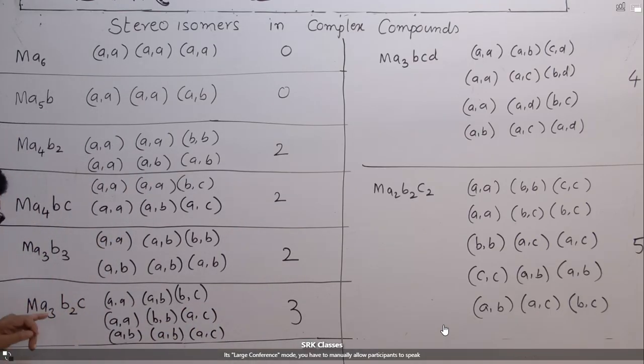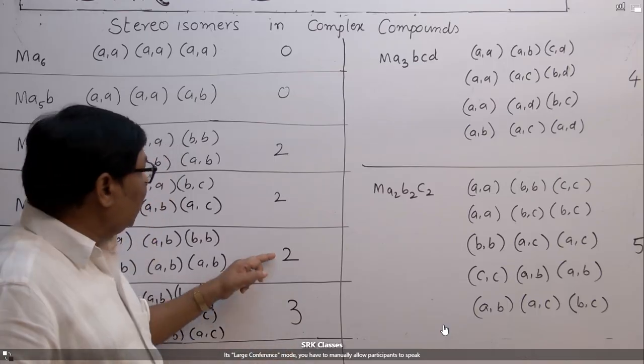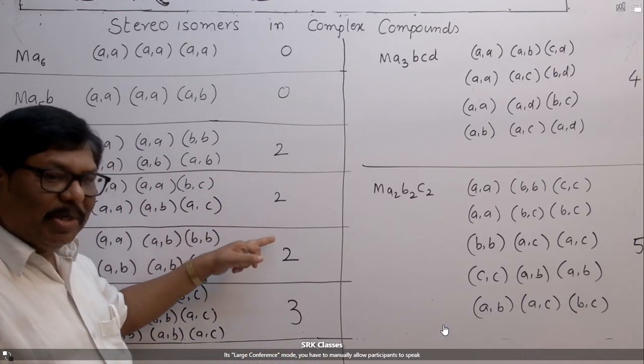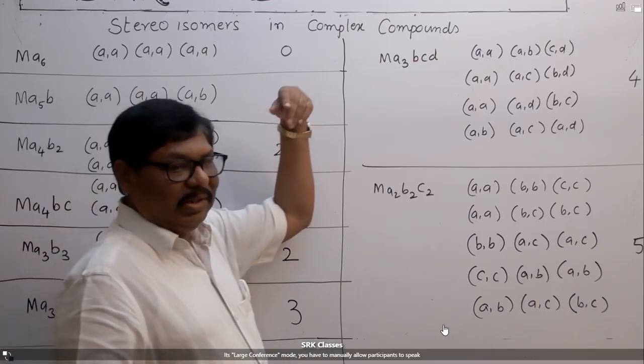Ma3B2C. With this combination, I can write three geometrical isomers. Look carefully. AA, then AB. Next another B there, BC. First possibility. Look at the second one, AA, BB and AC. Third possibility, I have taken A with one B, A with B and A with the C. Three combinations are there. Therefore, the number of geometrical isomers is 3. Is it clear? In the previous 3 examples, only 2 isomers are possible. Now, the number of geometrical isomers is 3. Now, we'll go for the next part,